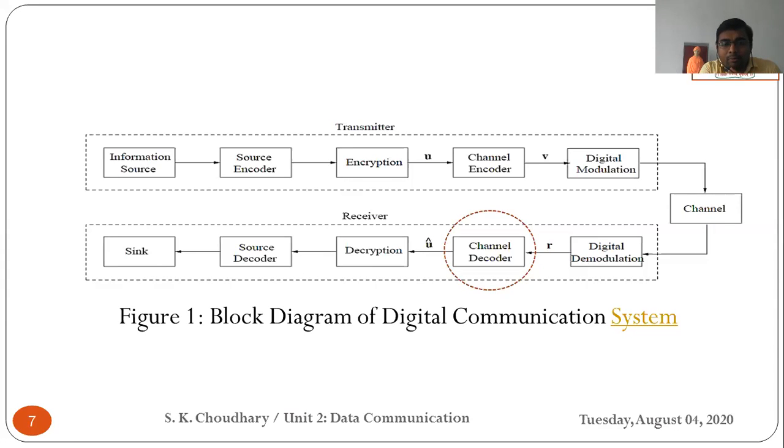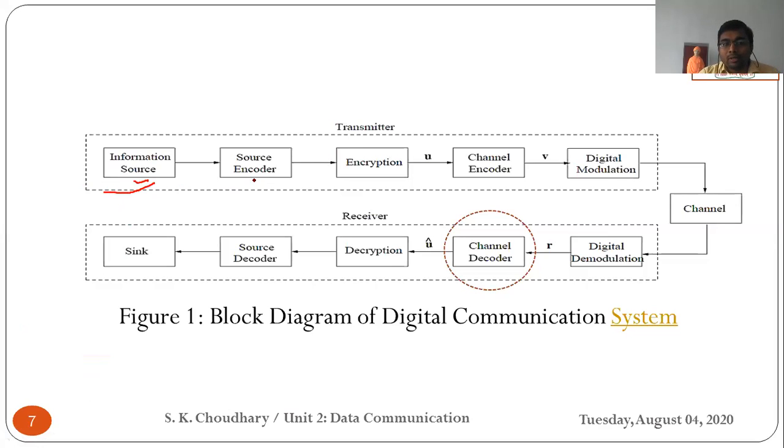If you see this block diagram of digital communication, this is the block diagram of a communication system. Everyone draw this. This is a very important diagram to learn all the topics related to digital communication. The first block is the information source, where the information is generated in terms of either digital or analog. Actually, we are concerned here with digital, so the information is in terms of bits.